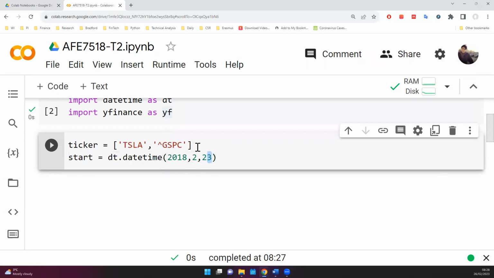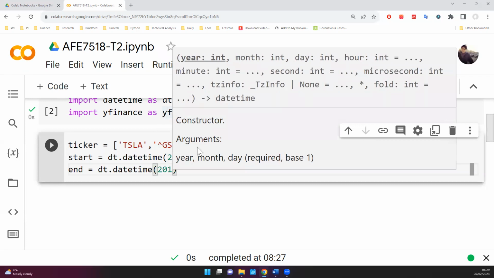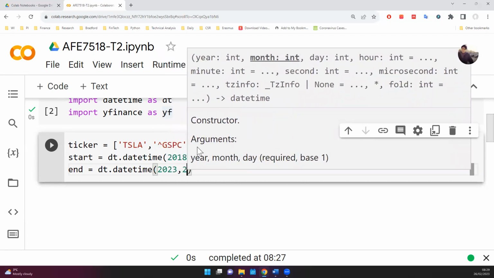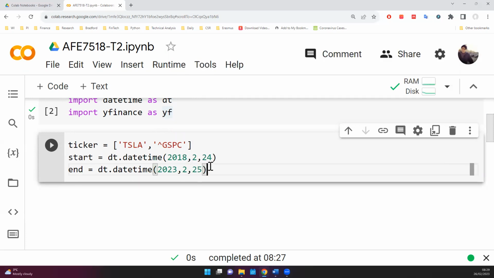Today's, for example, let's say 25th, 24th, the last weekday, and end is actually dt.datetime 2023, February 25th. So we have got the related dates,